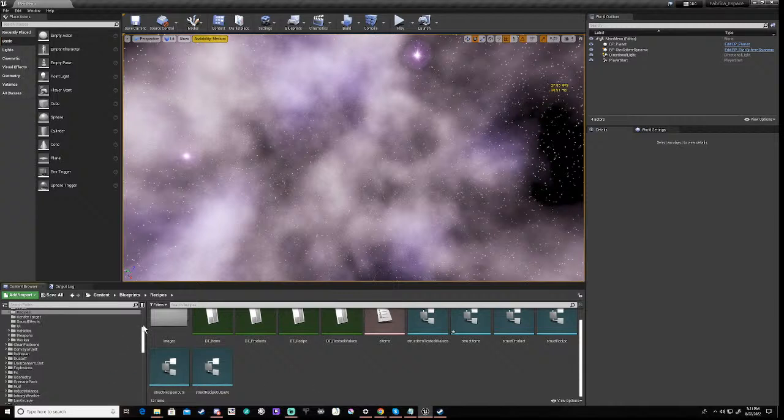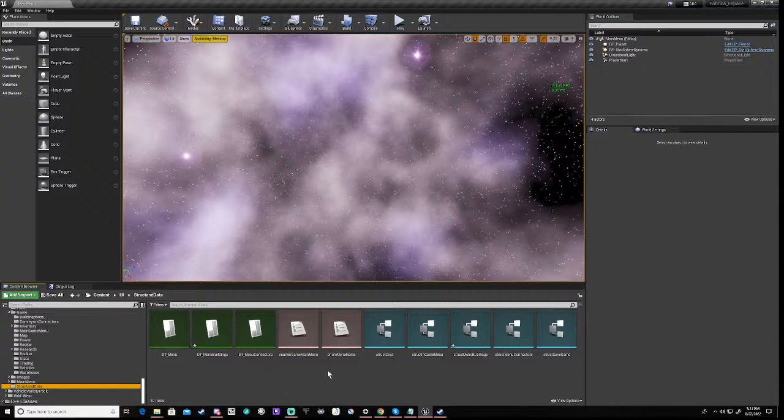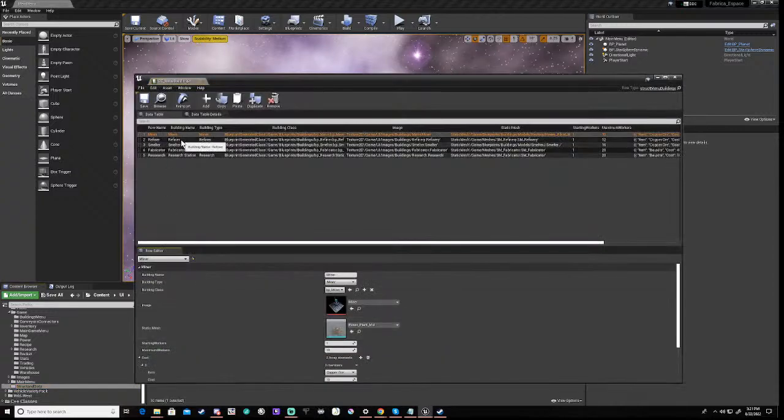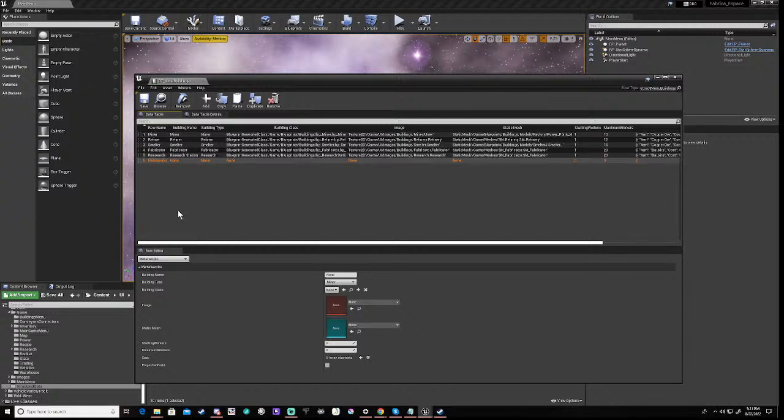And then in our structs and data, we're going to have this, which is D2 menu buildings, and we're going to have to add a new row, and it's going to be metal works. And it's going to be the metalworks,